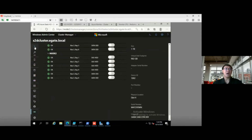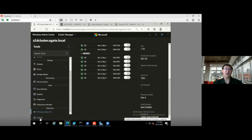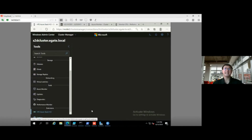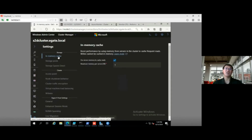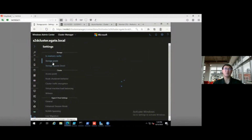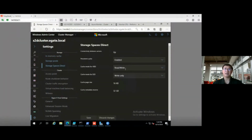Okay. Last but not least, we can control the settings of the whole cluster. Maybe you can change the size of the in-memory cache that you want from 1 to 10 to 100. You can change the name of your storage pool. You can change the name of the Storage Spaces Direct. You can configure the cache mode for read only, write only, or read and write. You can change this one. Normally, I think